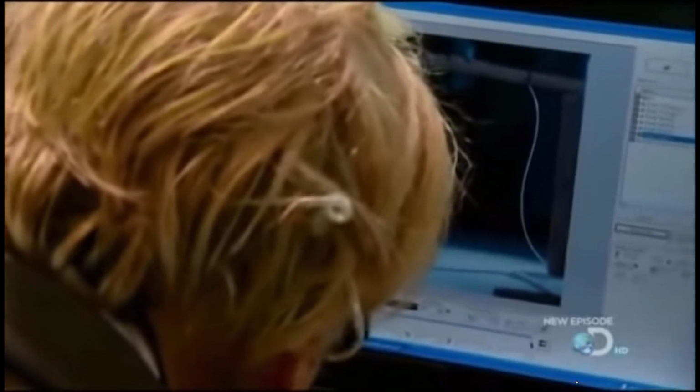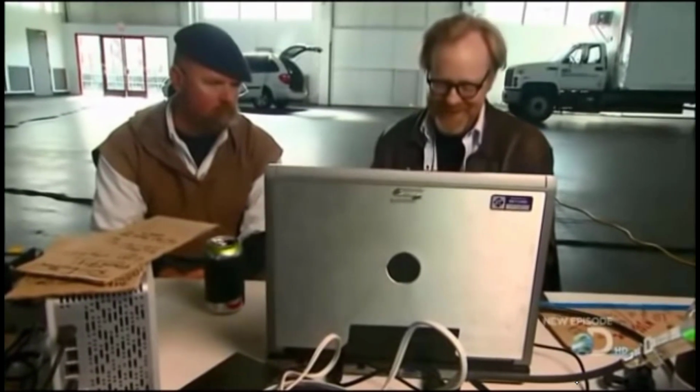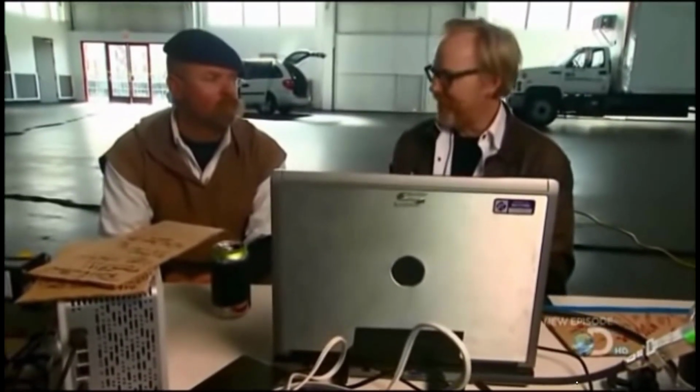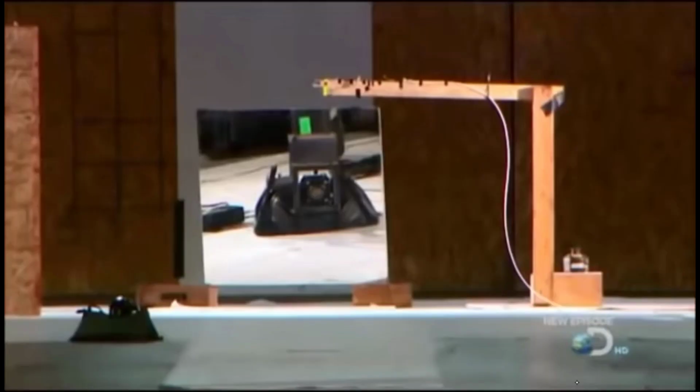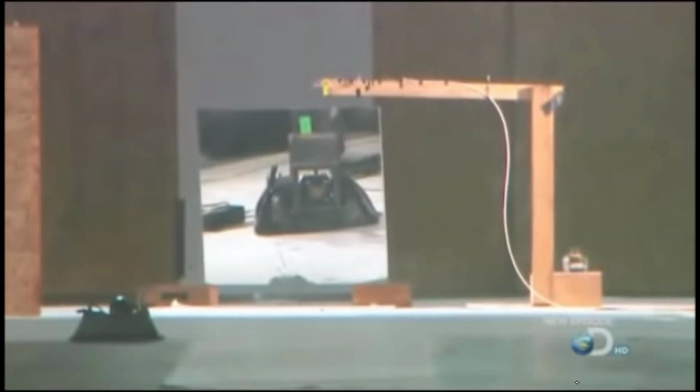Adam analyzes the high speed and crunches the numbers. 3677 minus 3915 equals 238 divided by 6. Dude, the difference is 39.6 milliseconds. Which means it's less than the human eye can make out. So after days of brain-teasing tests, the Mythbusters can claim a world first for themselves, and a victory for physics.